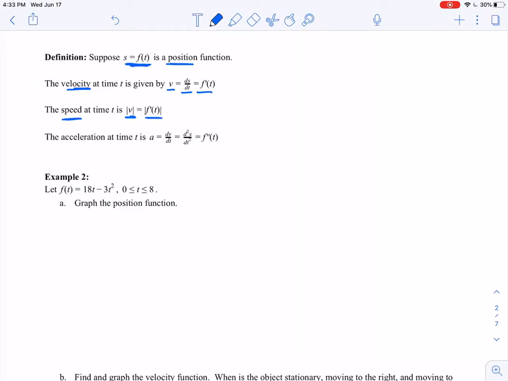Last thing I want to talk about here before we hop into our example is acceleration. Well, acceleration is how fast you speed up. It's how fast you gain speed. In other words, it's the rate of change of the velocity. Well, shoot, okay, the acceleration is the rate of change of velocity, so another way I can think about that is the derivative of velocity. Well, that's just the second derivative of your position function, d squared s over dt squared, or f double prime